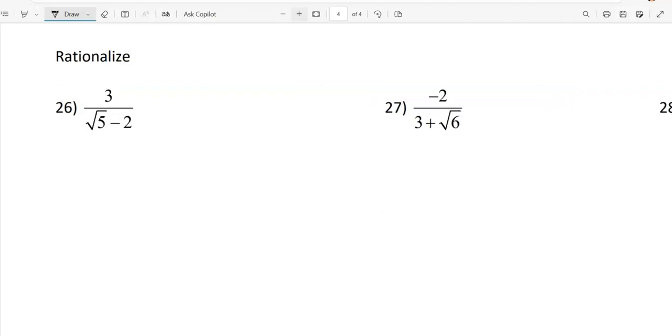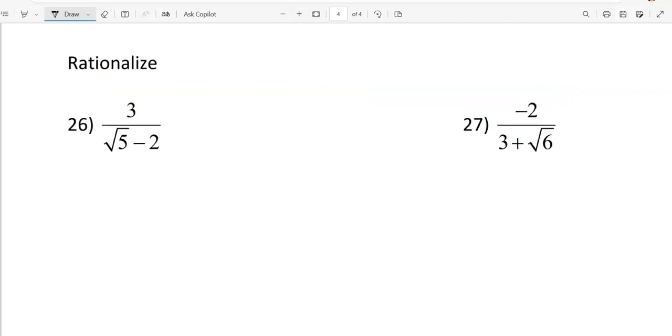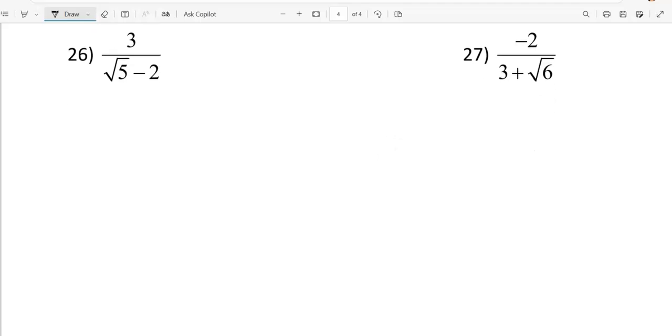All right, now we're going to rationalize, except what do you notice? There's a rational number on top. What's up with the denominator? It's an irrational minus a rational. Can I just multiply by the square root of 5? So notice, if I multiplied the bottom by the square root of 5, that would give me, don't write this